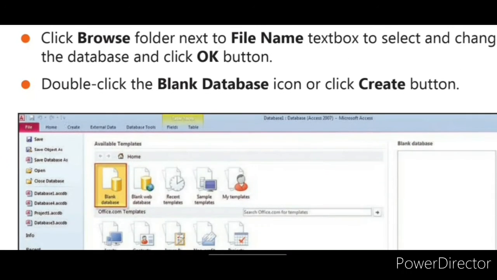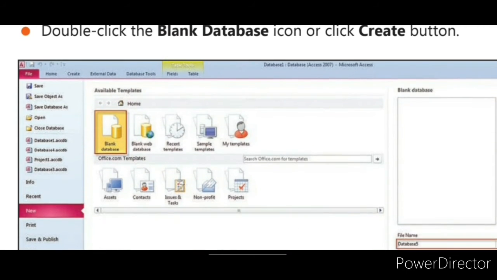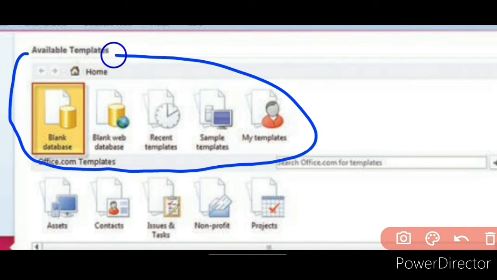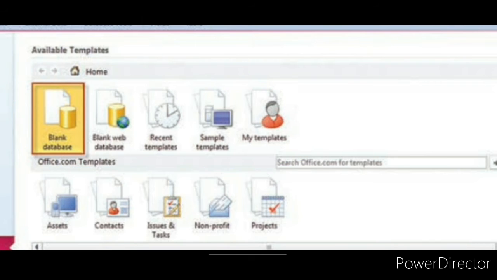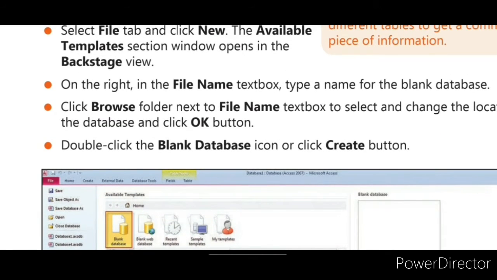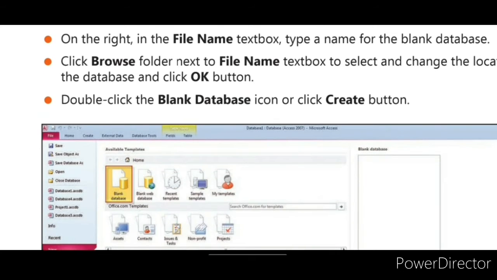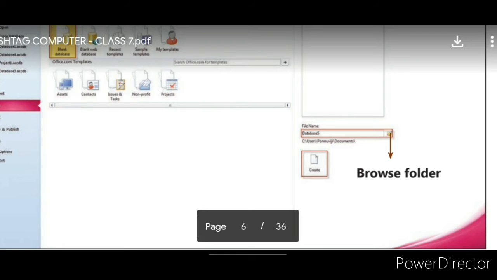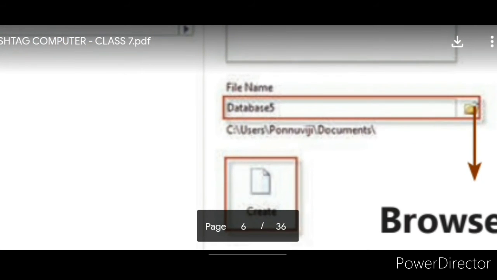See here, these are the available templates. After clicking the templates, on your right you will see the file name text box.